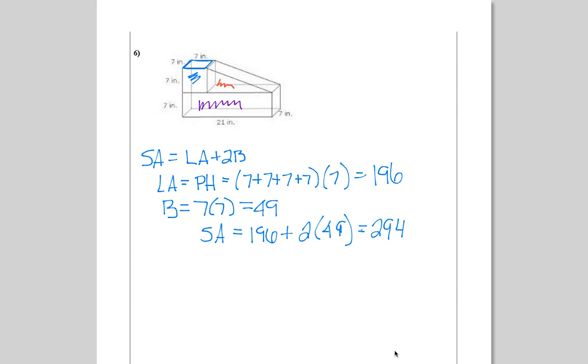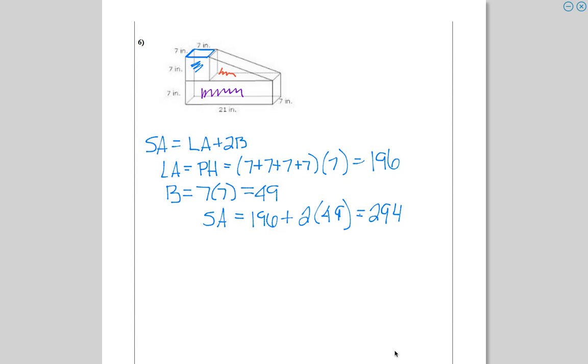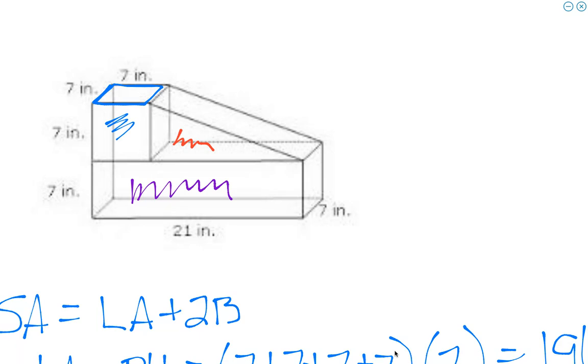All right, I'm just going to set up the rest. I'm not going to complete it any further, though. I'll talk through it at least. You need to do the same thing as we did with the blue, but do it for the purple. And then for the red, we have a base that's a triangle. So down here, the purple is going to be your base, 21 by 7. So here you have a 7, 21,